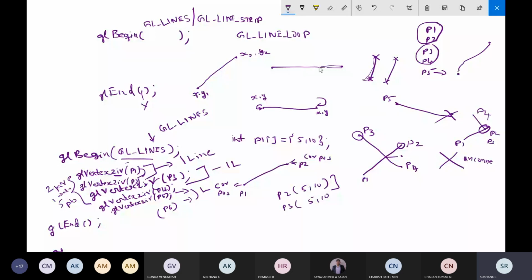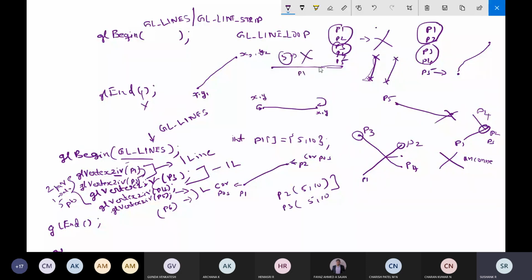So nothing will be displayed if only one endpoint is specified, and the last endpoint is not processed. In our example, I had given 5 points, but it only combined 4 points to form two lines. The last one remained as it is. It did not form a line. So if you have an odd number of points, the last one will be left out.